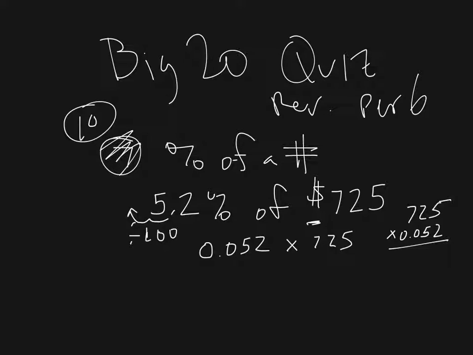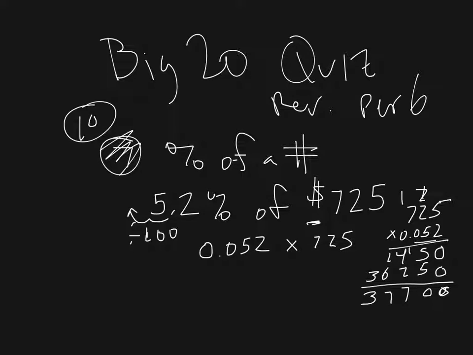Okay, multiplying through, I do the 2 times 5, which give me a 10, carry the 1. 2 times 2 is 4, plus 1, and you get 5. 2 times 7 is 14, so that's the top number there. Placeholder 0, 5 times 5 is 25, carry the 2. 5 times 2 is 10, plus 2, I get 12, carry the 1. 5 times 7 is 35, plus 1, I get 36. Add these together, carry the 1. I get 377.00, or